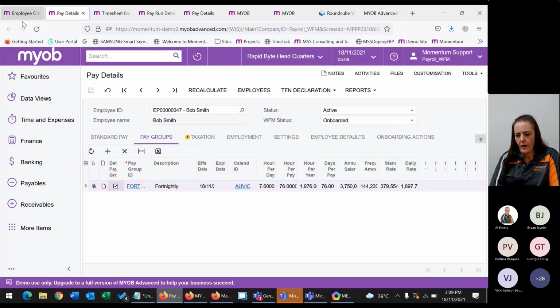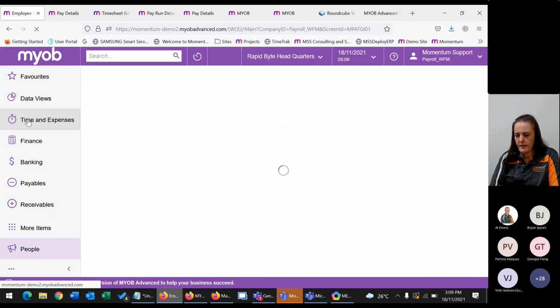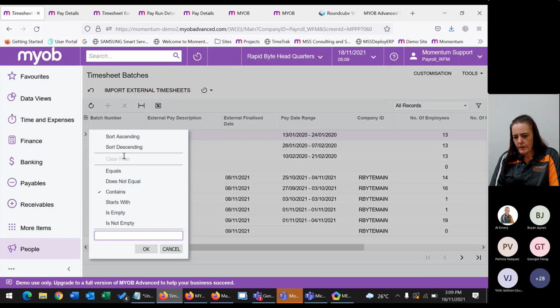Okay, so from there, when we go into Advanced and we go into our timesheet batches, if we say import external timesheets, that will pick up our external timesheet. Now, if I just sort this.